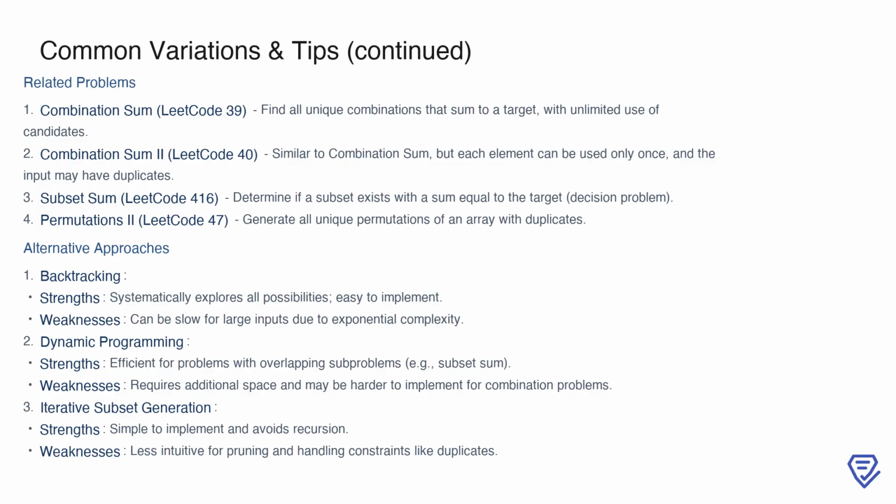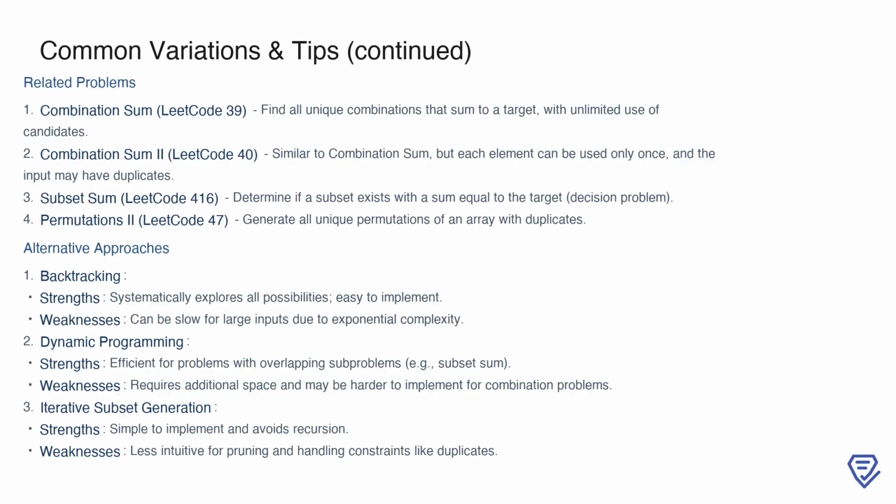Combination sum 2 is closely related to other problems that you might encounter. For instance, combination sum, LeetCode 39, allows unlimited use of candidates, while combination sum 2 restricts each element to a single use and requires handling duplicates. Subset sum, LeetCode 416, asks whether a subset exists with a sum equal to the target, making it a decision problem rather than a combination generation problem. Permutations 2, LeetCode 47, involves generating all unique permutations of an array that contains duplicates, which also requires managing repeated